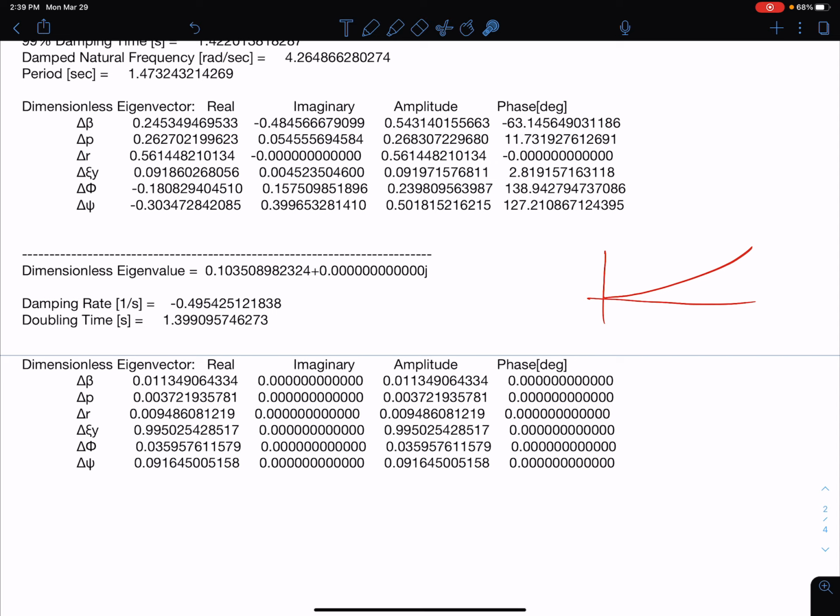And you can see that there's one component here that is very dominant. This is a change in y. And then we can also look at the differences between P and R. So we've got 3 times the change in R from P. So we've got a bit more yawing moment than rolling moment, but rolling moment is not insignificant here. It's going to be a combination of the two with a little bit more yaw than roll, and then bank angle and heading. Again, we've got about 3 times the change in heading as we do in bank angle. So this mode is called the spiral mode.